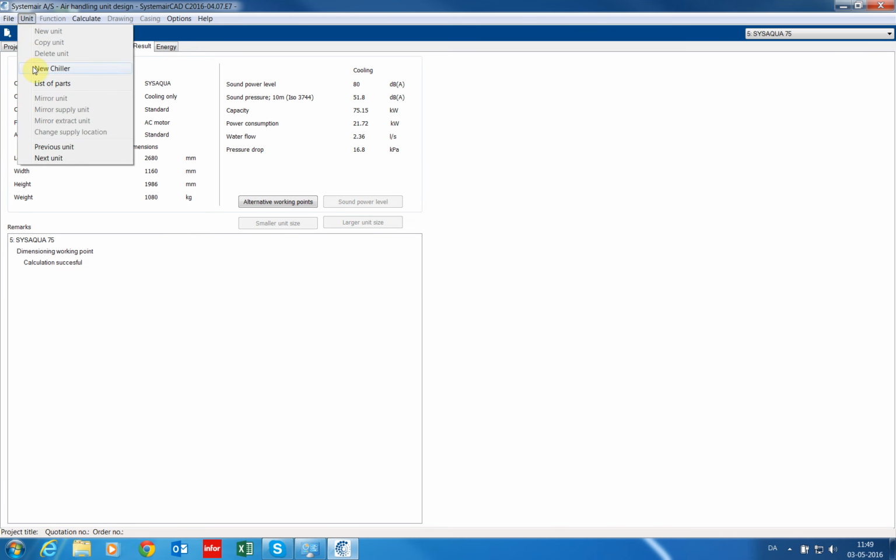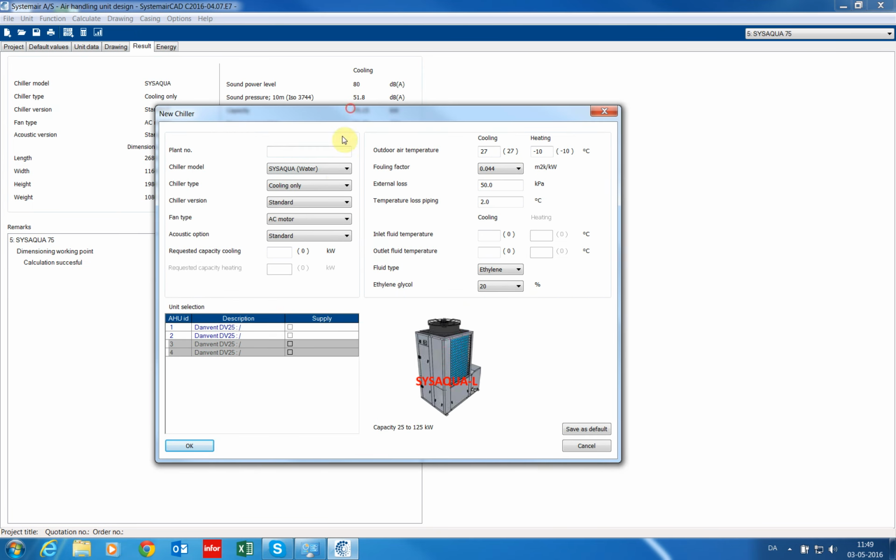Let's add a heat pump. Select heat pump. Now we can see unit 3 and 4, and the capacities for both cooling and heating are added up. Again, temperatures and external conditions of the piping, and let's define the temperatures like that.